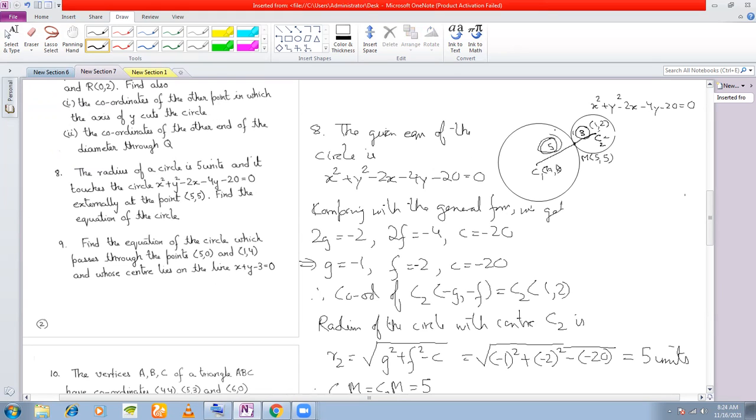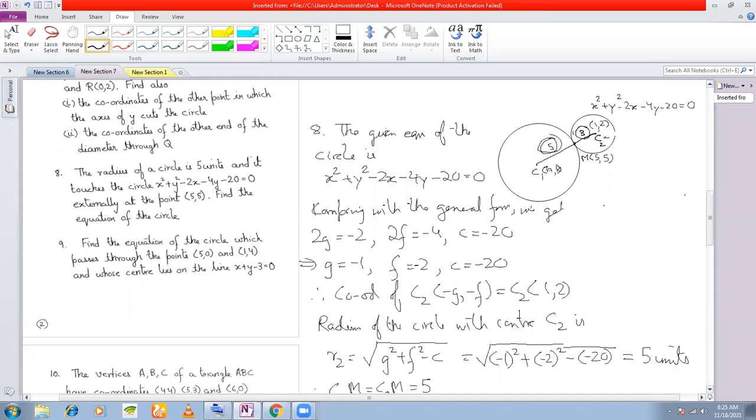Luckily here we are getting M as a midpoint. But suppose we had got the radius of the circle with center C2 as 3 units, then how would you have found out? Any idea? Anyone? No idea? Now see,